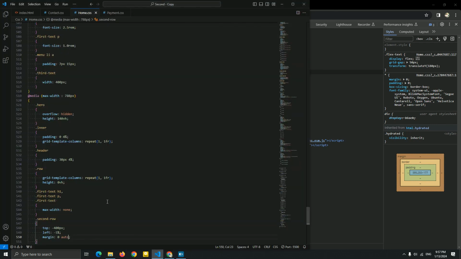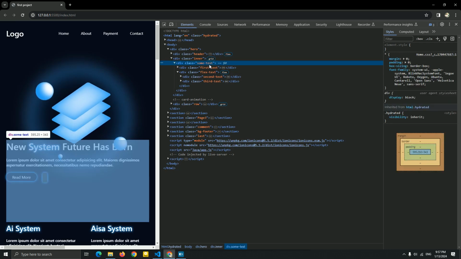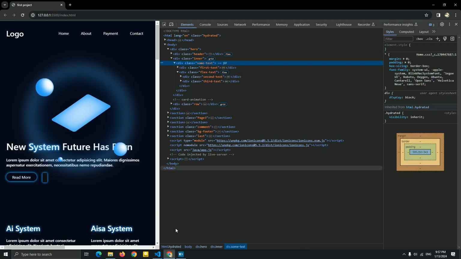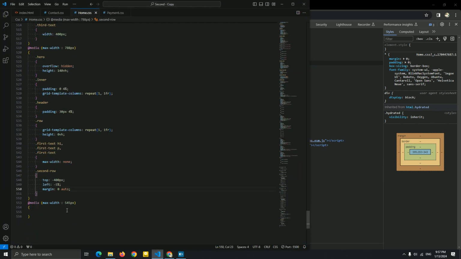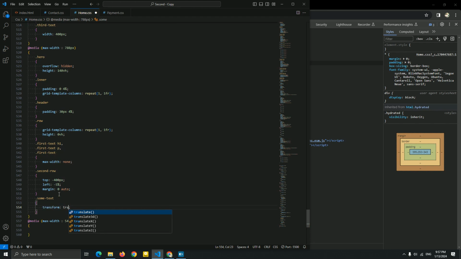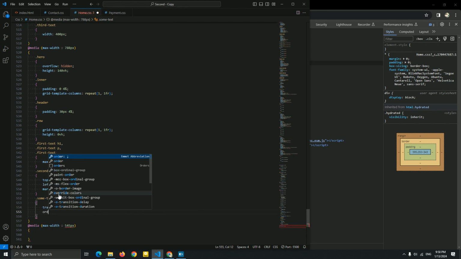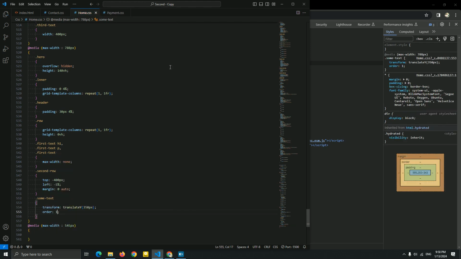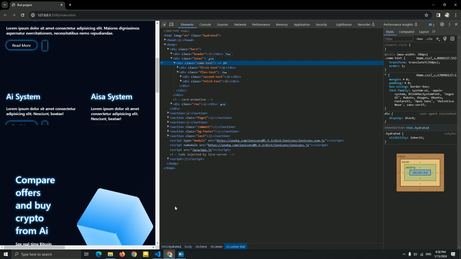And now let me add some text here that we just added. I'm gonna add a transform to move it down to the bottom. So let me just call it here, guys. Some text. I'm gonna add a transform translate Y, I'm sorry, 350 pixel, and order, I'm gonna add 1. Okay. You can see we just fixed this problem.